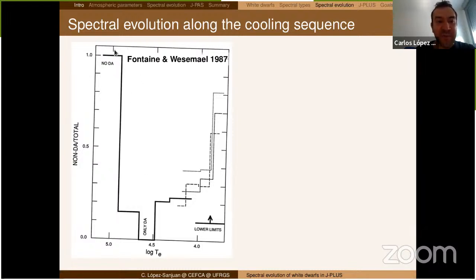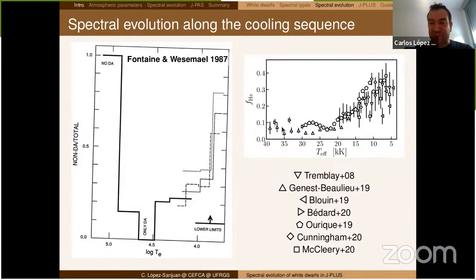So let's say that the hot part is explained with this stratification. You go from mixed atmospheres to stratified ones in which the hydrogen is dominating. And then when you arrive at lower temperatures, the non-DA fraction increases again. In this case, the physical interpretation is that you start to have convection zones that are able to mix the hydrogen and the helium. As I told you, helium is much more abundant. So in the moment that you have some convection and some mixing, you change the atmosphere from DA to DB, or DC in the case that the temperature is low.